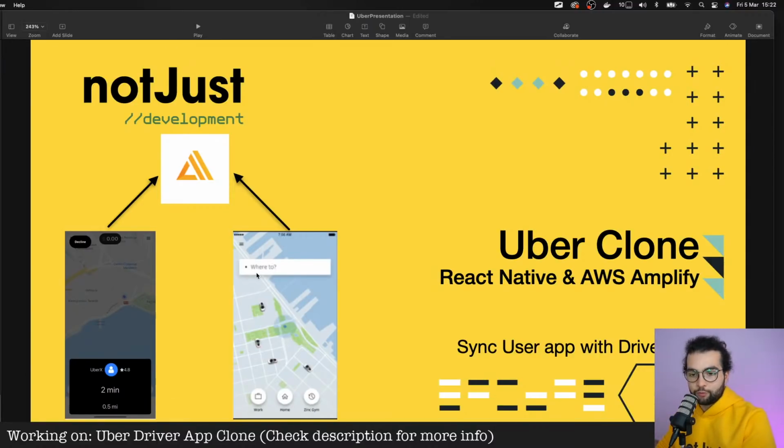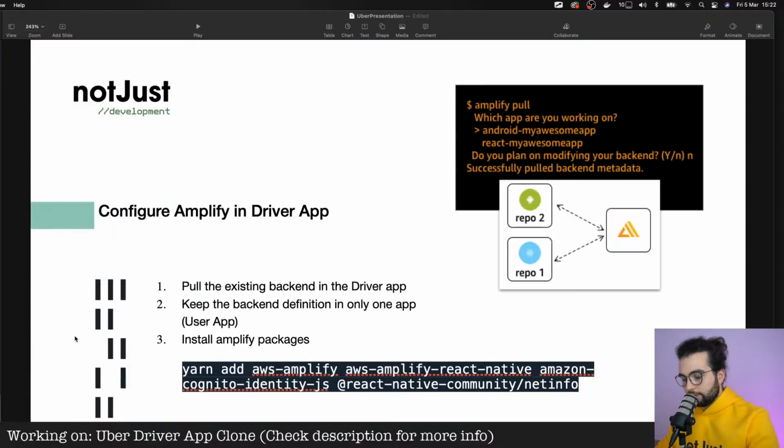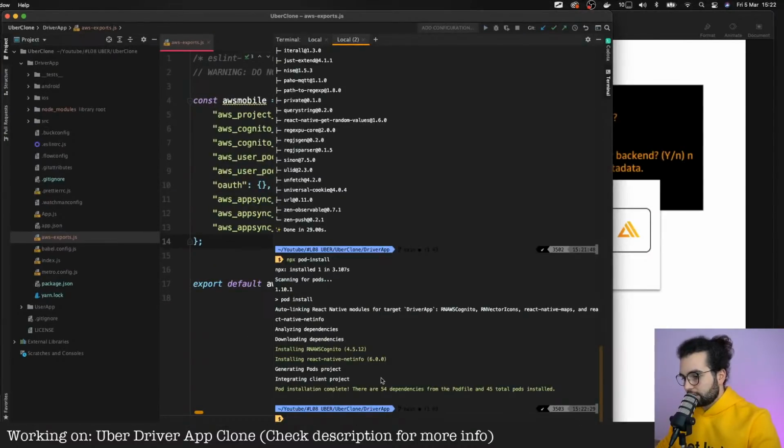And we'll implement more interesting features like real-time location syncing from the driver application to the user application, so the user will see in real time where the driver is, where the car is on the map. So yeah, that's the plan for today. We install this. Okay, that's good.